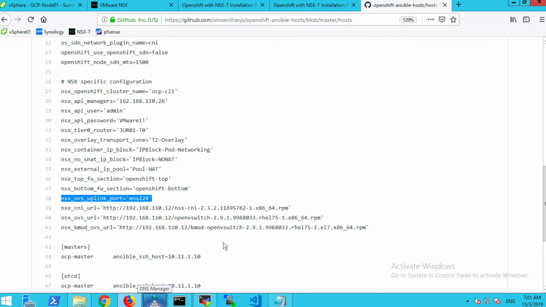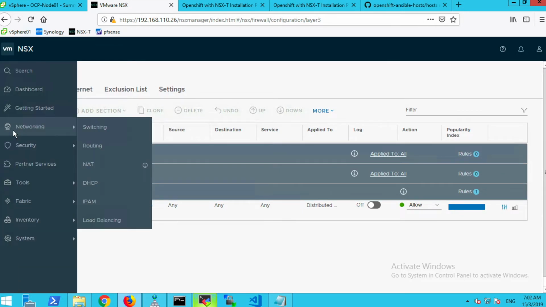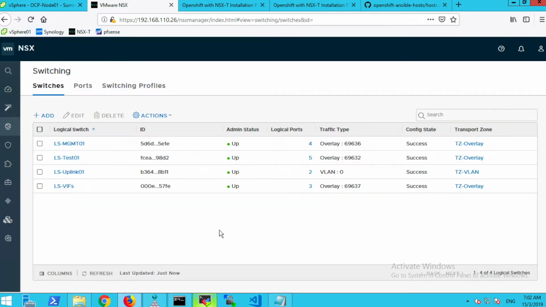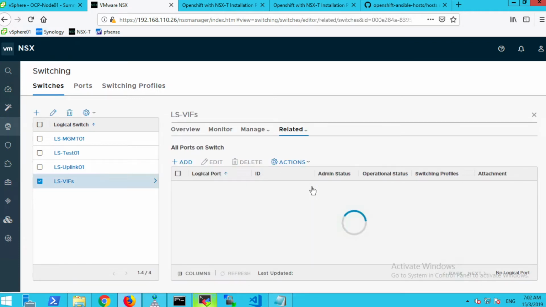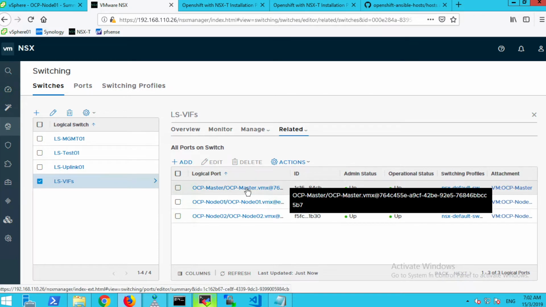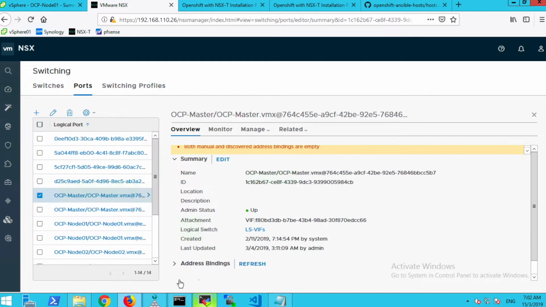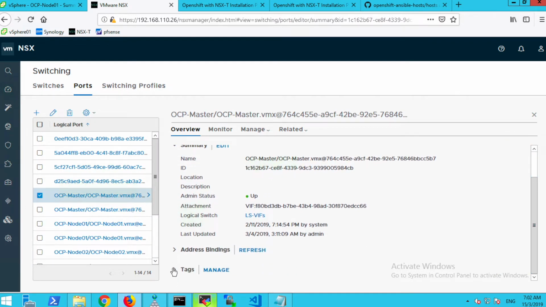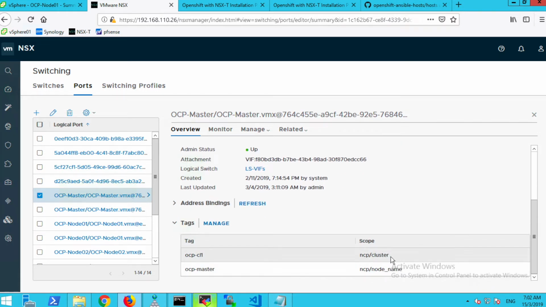So before you run the prereq, after you set up the RHEL template, you need to create another interface, and for this one you need to create a logical switch, right? In this case, I call it the logical switch VIPs. So if you see this, there are actually 3 logical ports connecting to it, right? So once you click on it, you get to see the virtual machine. So when you click on here, you get to see the tags. So I already created the tags, right? You need to specify 2 tags, 1 cluster tag and 1 node tag. So you need to do it for all the 3